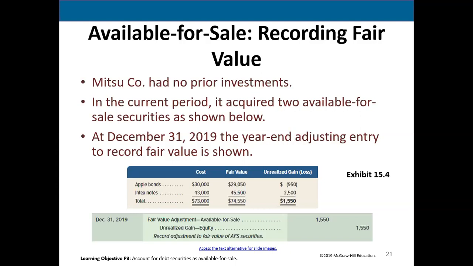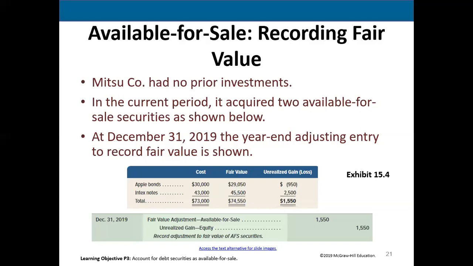So what happens here? Just like before, we're going to credit an unrealized gain account. But notice it says equity there, not because it's stock, but because that's where this unrealized gain gets reported, the equity section of the balance sheet. It never goes on the income statement, even though it's a gain. And then just like the trading investment has a fair value adjustment, so will the available for sale category. And it works the same way as our fair value adjustment trading account works.